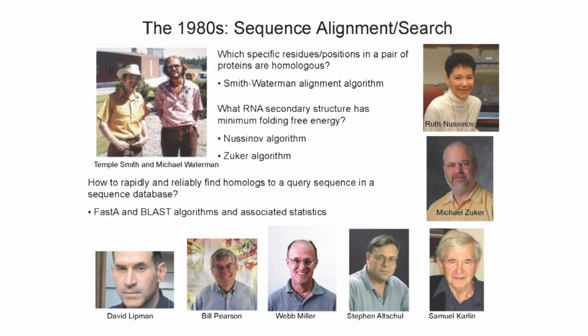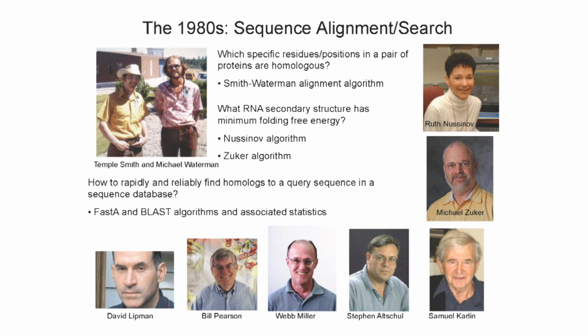Okay. So in the 80s, the databases started to expand, sequence alignment and search became more important, and various people developed fast algorithms to compare protein and DNA sequences and align them. The FASTA program was widely used. BLAST, several of the authors of BLAST are shown here: David Lipman, Pearson, Webb Miller, Stephen Altschul. The statistics for knowing when a BLAST search result is significant were developed by Karlin and Altschul. And there was also progress in gapped alignment, particularly Smith-Waterman, shown above.